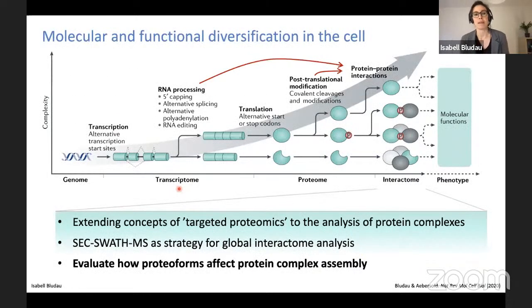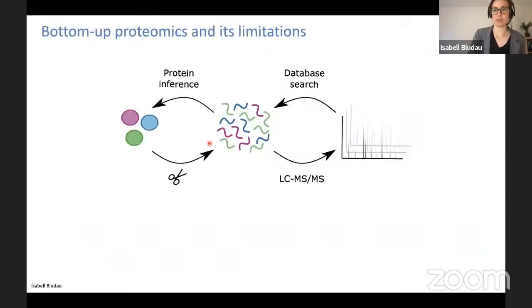So with this, I now would like to go back to my introductory slide, where I was talking about the molecular diversification in the cell. And I will now change gear a bit and focus on how different proteoforms, for example, derived by alternative splicing or post-translational modifications, can have an impact on protein complex formation by first looking at how we can actually measure proteoforms in bottom-up proteomics. So for this, I want to go back to the general principles of bottom-up proteomics and